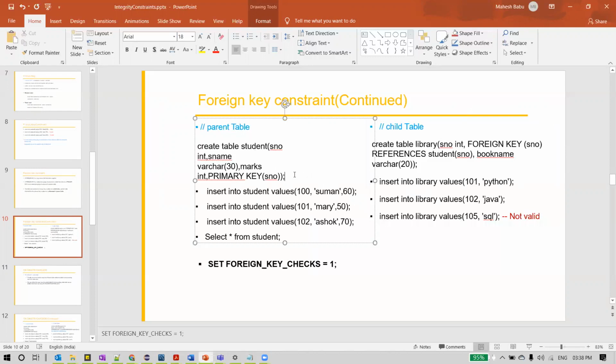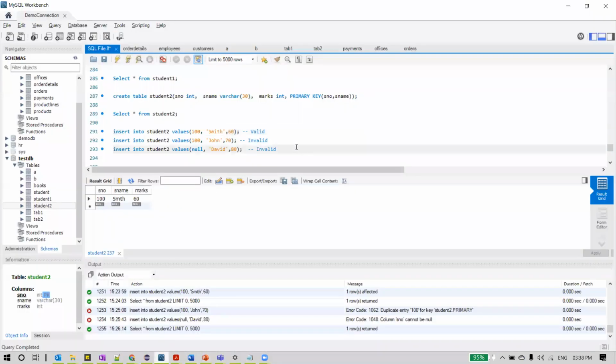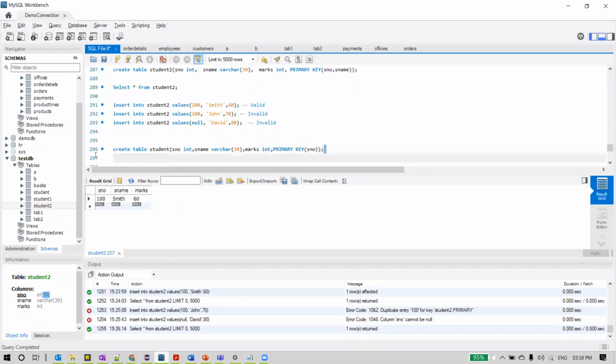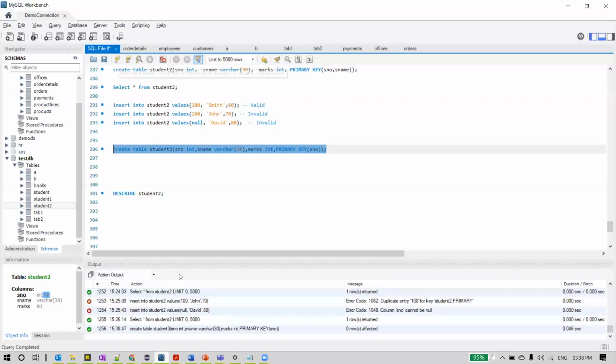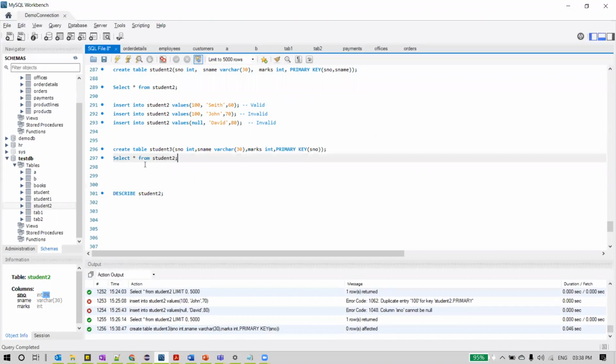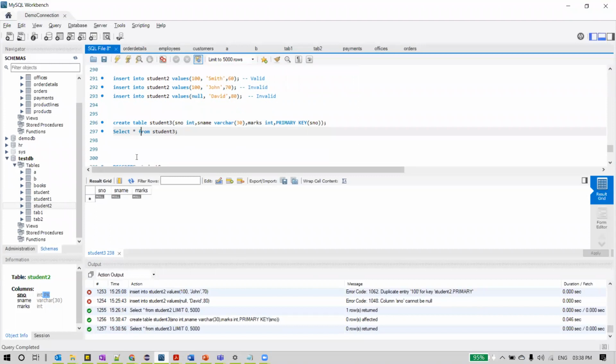Now let us create two tables and let's understand. First, let me create the parent table. We call it a parent table when it has a primary key and it will be referred to later by another column which is defined as foreign key in another table. I am creating a student table. I already have a student table, so let me define it as student 3. I'm going to create this table. So we got table created successfully, with primary key as S number.